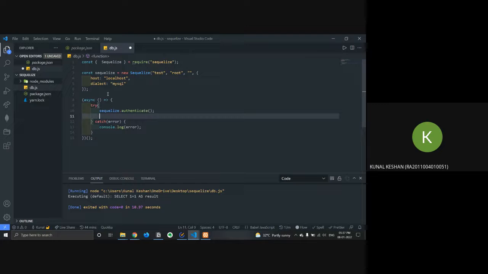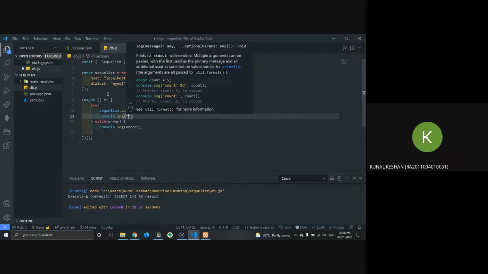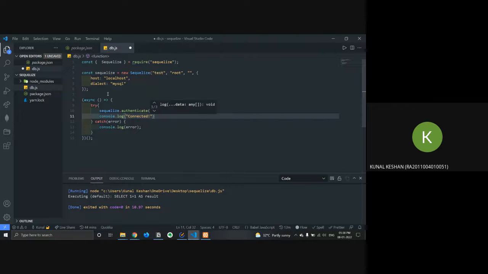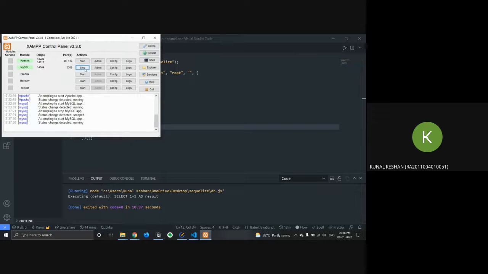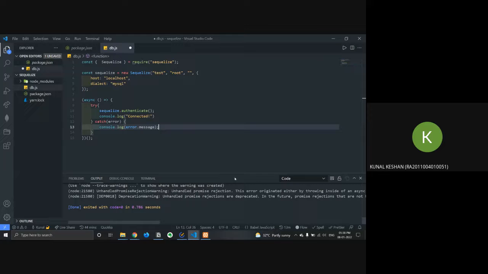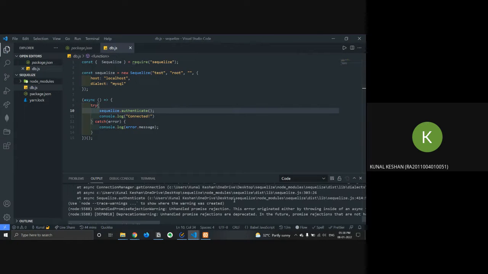Then I'll put console dot log connected, and here I'll put error dot message. It's the same. I'll stop it right now. Disconnect. I'll run it. Okay, it's not saved. Yep. And yep, await.